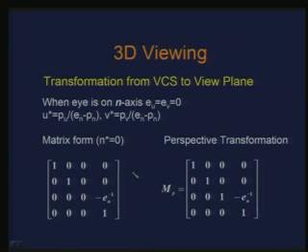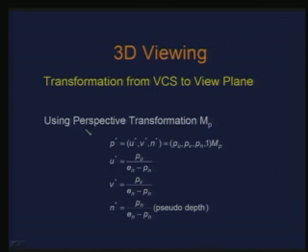So, next let us say, all which is being said here is that if I use this perspective transformation given through the matrix M p, to get the points on the projection plane as u star, v star, n star in general. So, this n star is, let us say, not 0, because it does not actually change anything. Then I have the u star, v star and n star given as this,